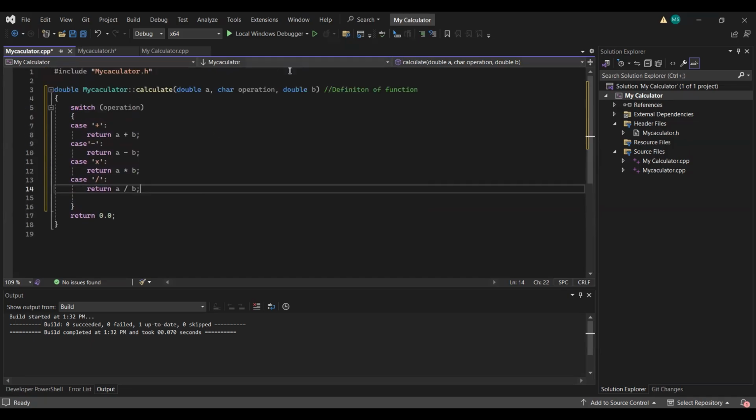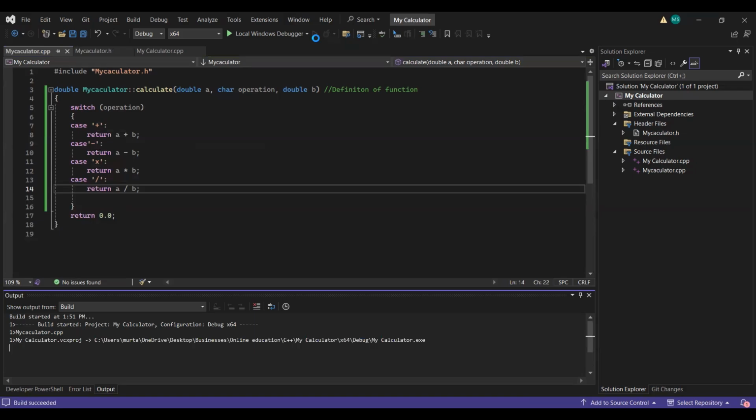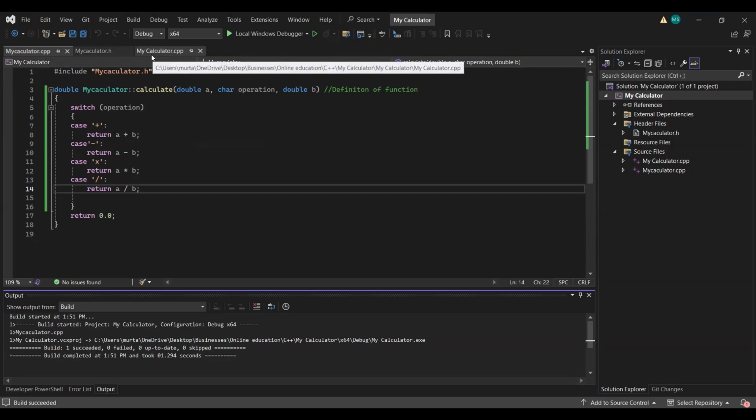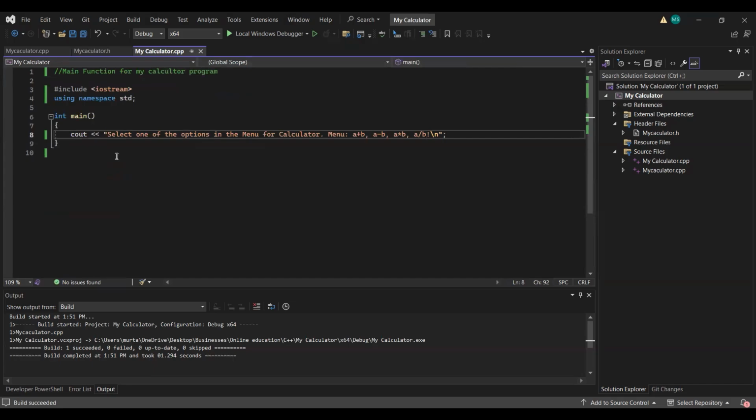After our function is defined, we run, of course, again, and we see that it runs successfully. However, we need to define this my calculator function inside the main function, which is myCalculator.cpp. To use that function, we first initialize our variables, basically